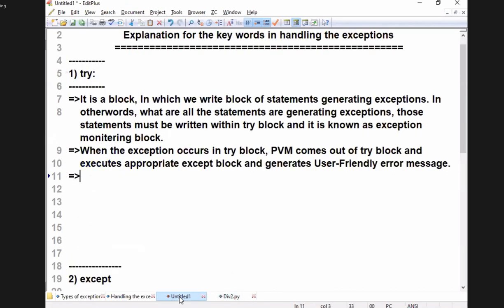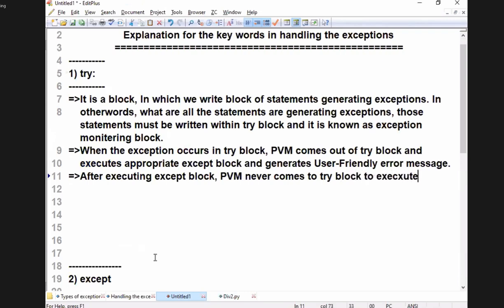Definitely no. So I'm writing: after executing the except block, PVM never comes back to the try block to execute the rest of the statements which are present in the try block itself.